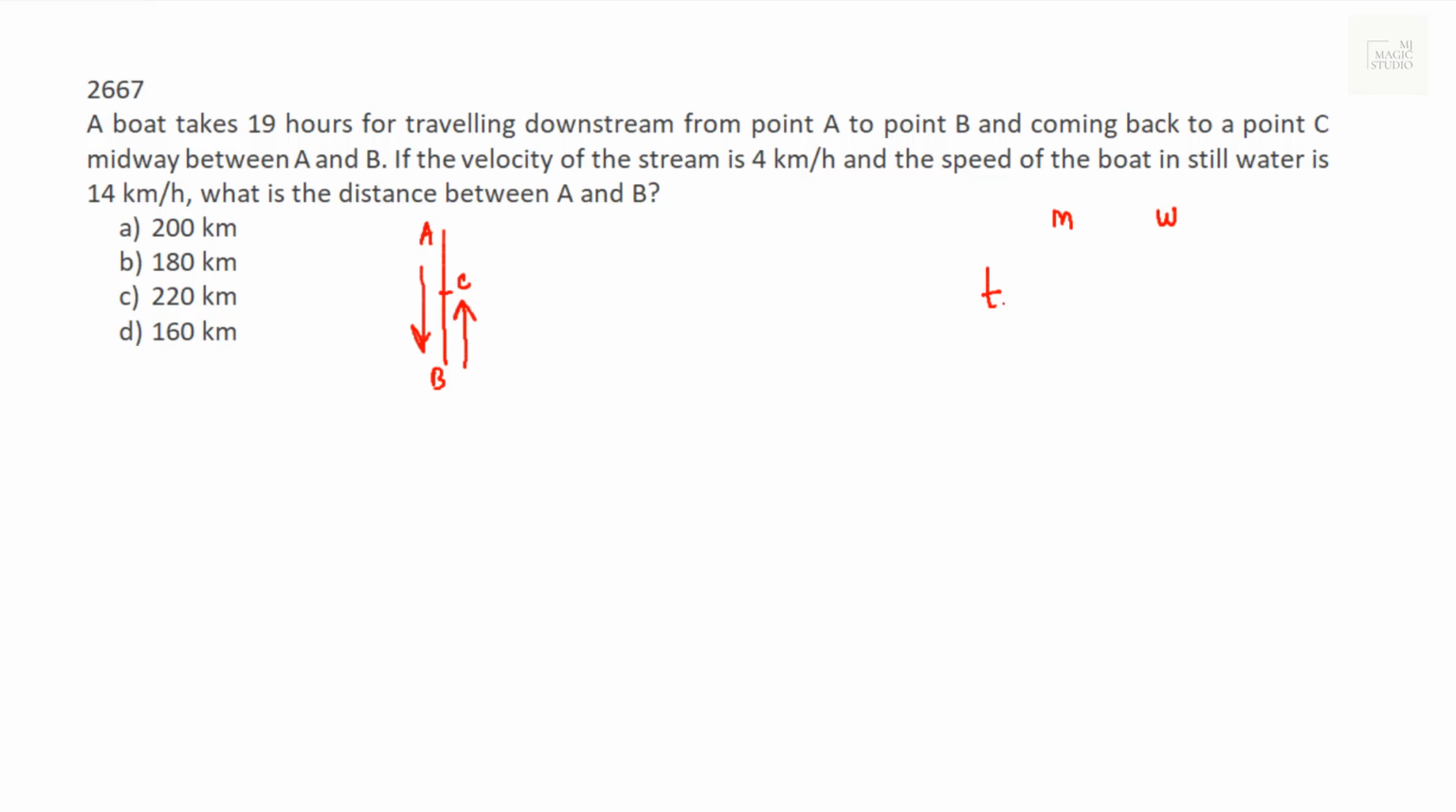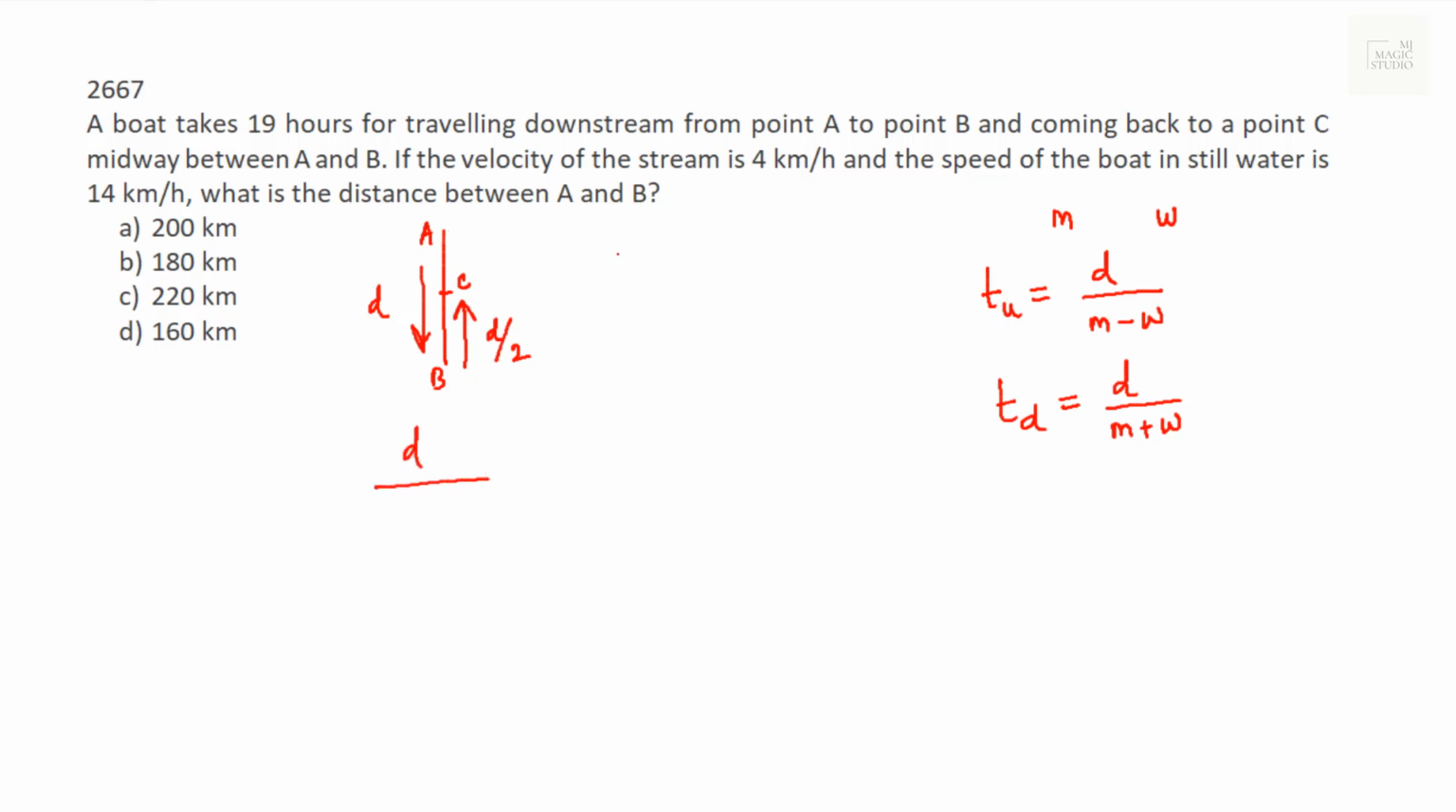Then time taken to travel upstream d kilometer is d upon m minus w, because the boat would be facing resistance from the speed of water, and time taken to come downstream the same distance is d by m plus w, because when the boat is traveling downstream it would get extra support from the speed of the water. Now let the distance between A and B be d, then the distance between B and C is d by 2. A to B is downstream, that means time taken to travel from A to B would be d upon